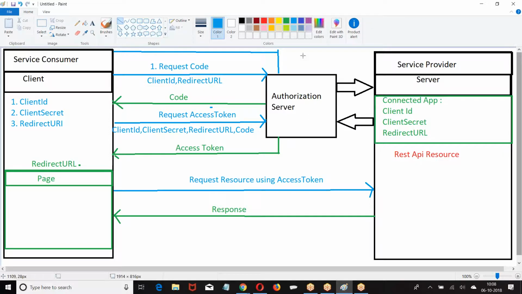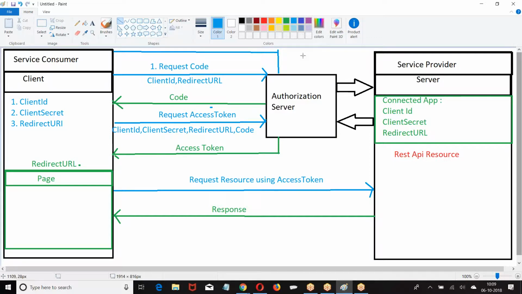Why do you require a fresh access token? Using one access token, I can only make one request. It is a REST API. The moment I say REST API, it doesn't maintain state of the transaction. State of the transaction means every transaction is a new transaction. Whatever the previous transaction you made, that will not be remembered. Every transaction is a new transaction. There is a reason using one access token, I can only make one request using OAuth in this format.